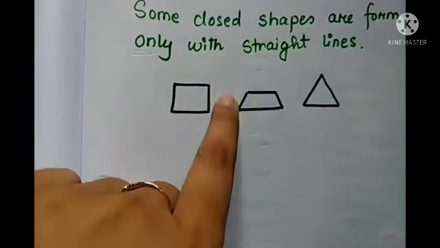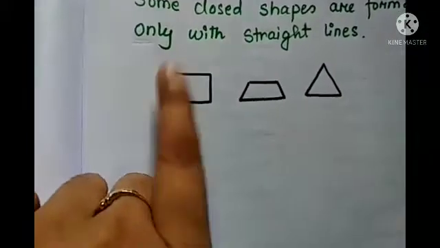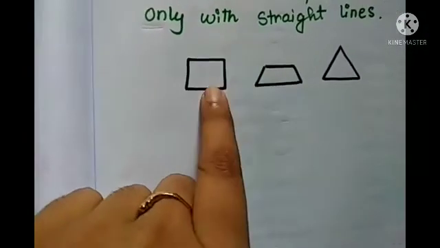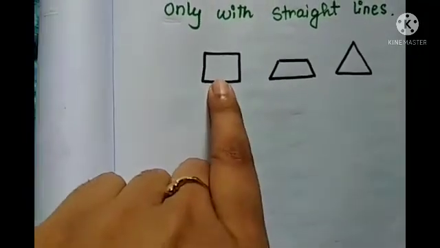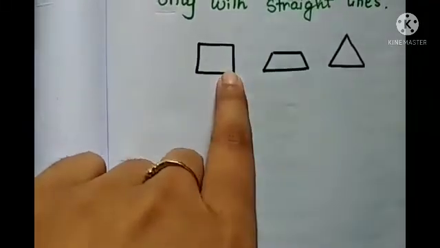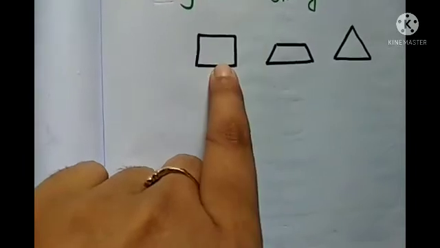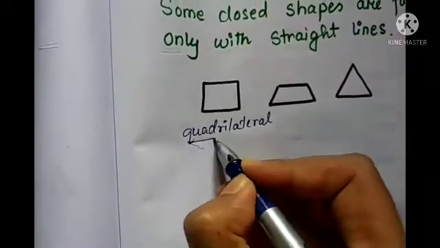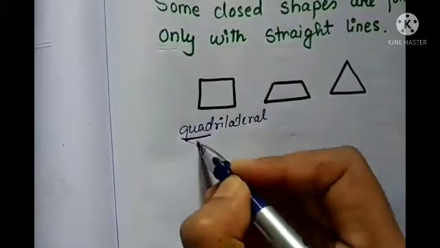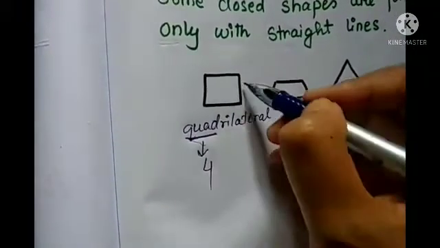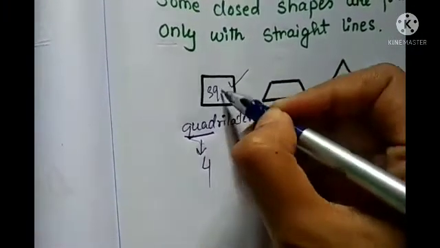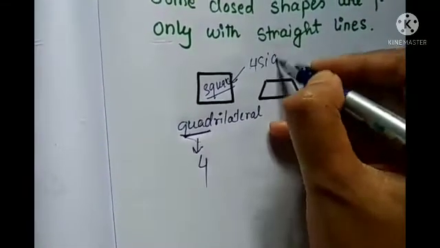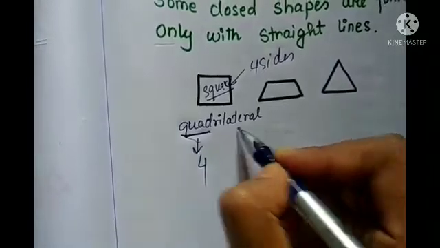So can you name it? Here you see 1, 2, 3, 4. So 4 sides they are having. So it is called a quadrilateral. Okay. That means it is called square. Yes, they do have names, but any polygon having 4 line segments is called a quadrilateral. So the spelling will be this, okay? Quad means 4. So the name of this figure is square, but it has 4 sides, so that's why it is also called a quadrilateral.